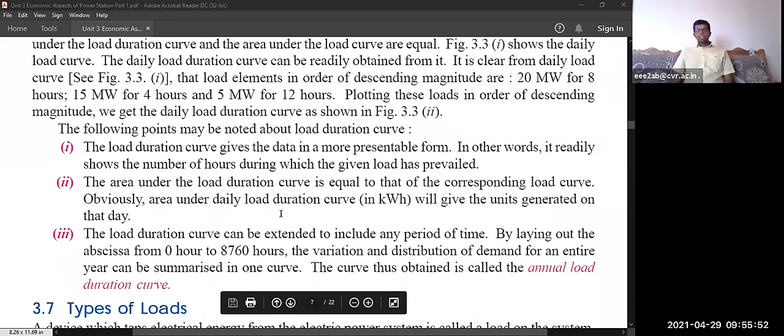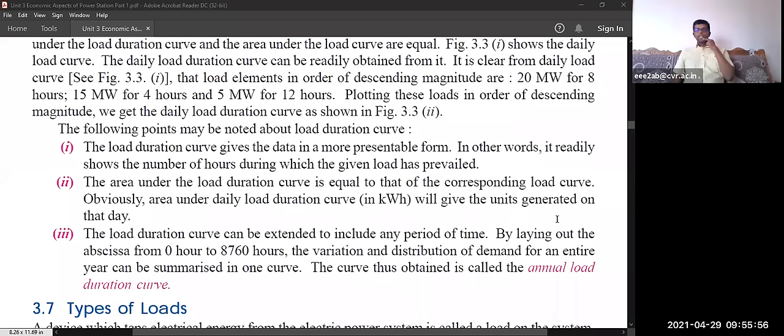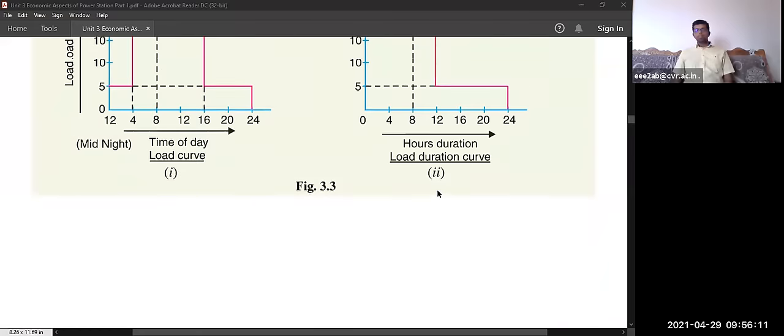Obviously, the area under the load curve is in kilowatt hour, which gives the unit generated on that particular day. So this is the unit generated in the substation. They will go for this duration curve so that they can analyze how many duration that, say, 1000 megawatt here